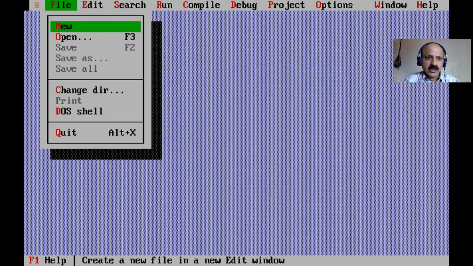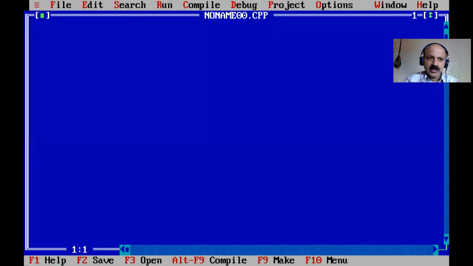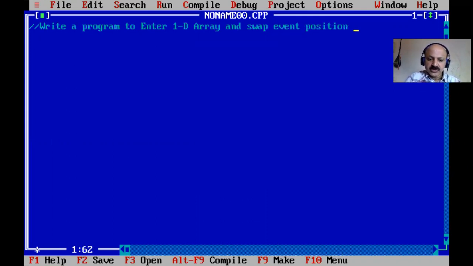So here Alt F opens the file menu, and I take a new file. Here I always write the program definition first: write a program to enter a 1D one-dimensional array and swap even position number to odd position number and vice